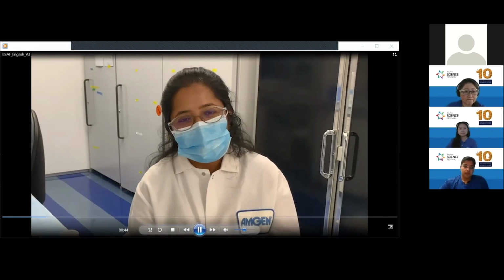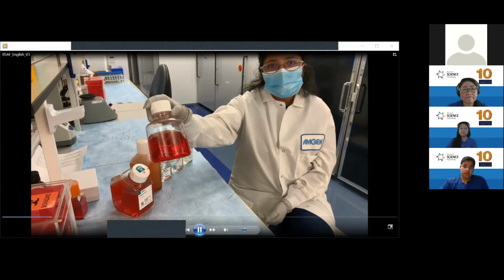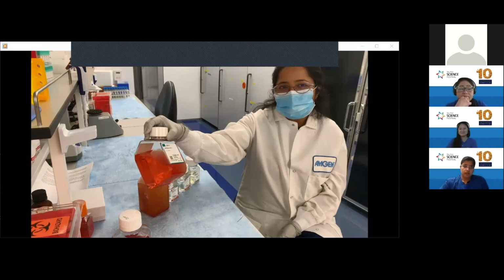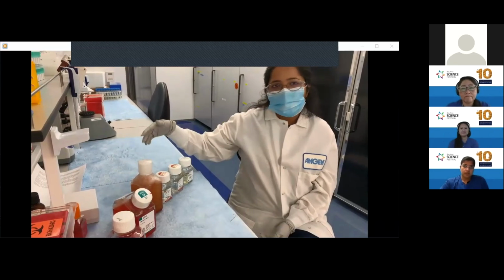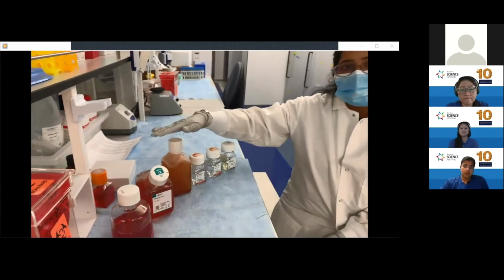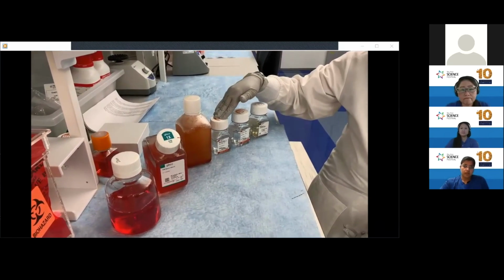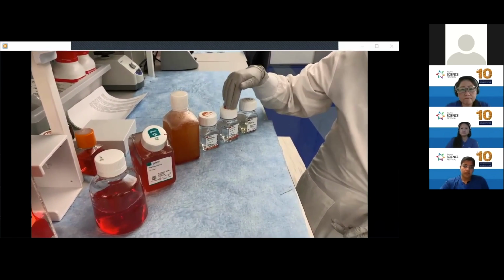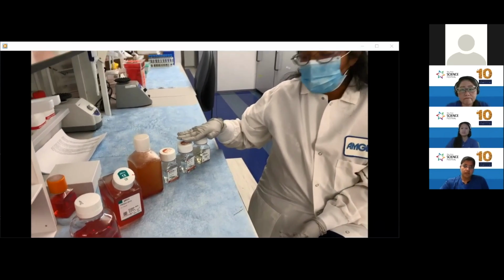So in order to keep our cells healthy and happy, we grow them in this liquid called media. It's not delicious, do not drink it. We have our basic cell culture media, and we add a variety of components to it that it needs for its healthy growth. That includes serum with growth factors. We have essential amino acids, glutamine, and then to prevent anything else from growing in the cell culture, we have